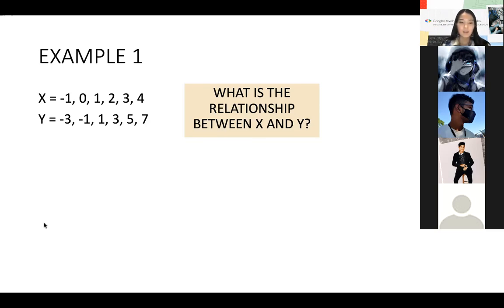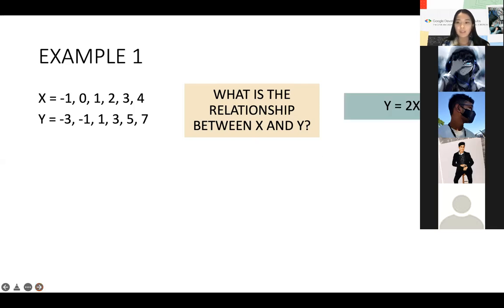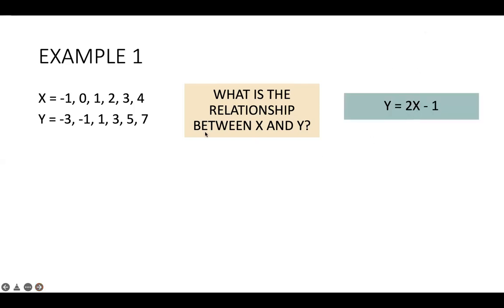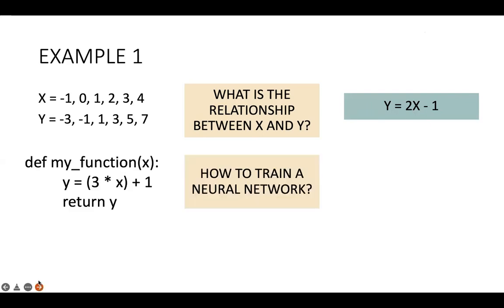So X and Y are related by this formula. We can see that when X increases by 1, Y increases by 2. So if we take 0, for example, the answer should be -1, so it could be like 2x minus 1. It's not important right now. I just want you to understand that if we know the relationship between X and Y, for example, in this position,